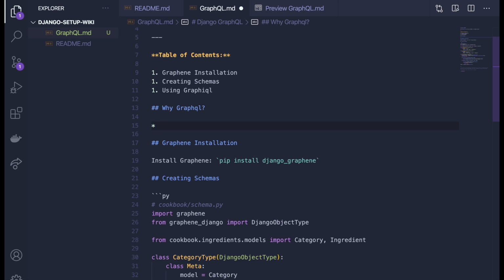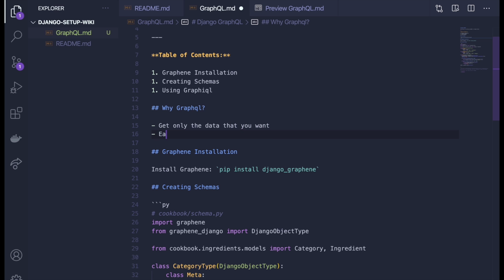You can use an asterisk, but I recommend using a dash, which is more widely supported, and places like Obsidian, which is my current note-taking app, if I use an asterisk, it thinks I want to make italic or bold text, and it's a little bit of a pain. So it's just easier to use one dash here, even though some platforms like GitHub will support using asterisks for lists. So I could say something like get only the data that you want, easier to manage